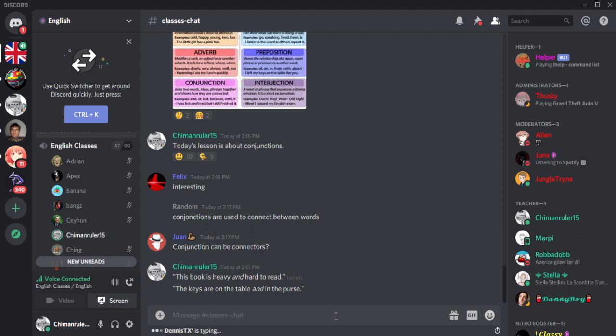Okay, so for this sentence we have the keys are on the table and in the purse. So here we have and joining two phrases, on the table and in the purse. So we have 2 prepositional phrases here, and and is joining the 2. And for clauses,